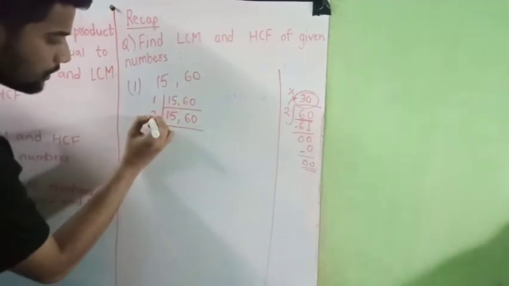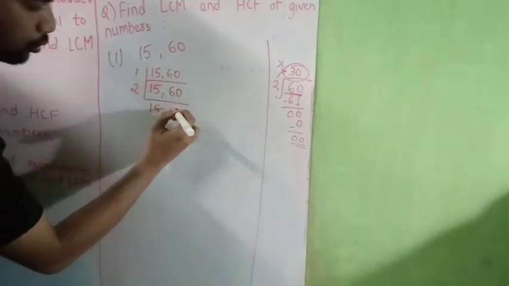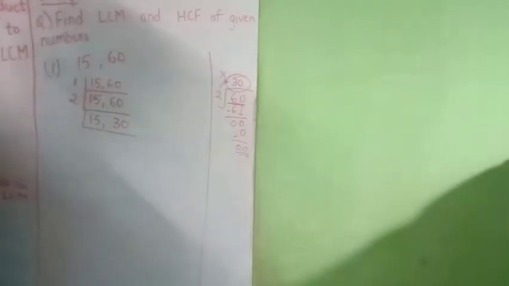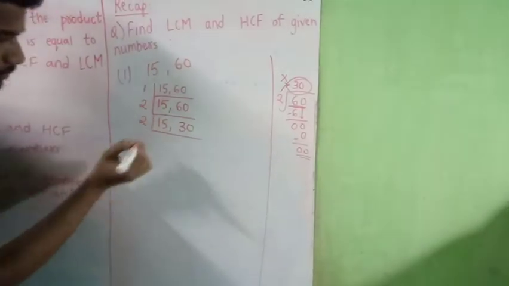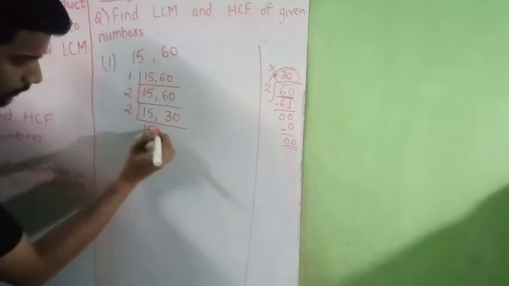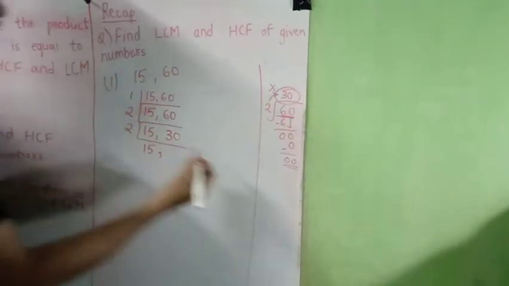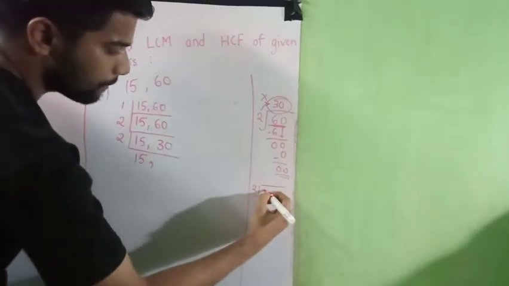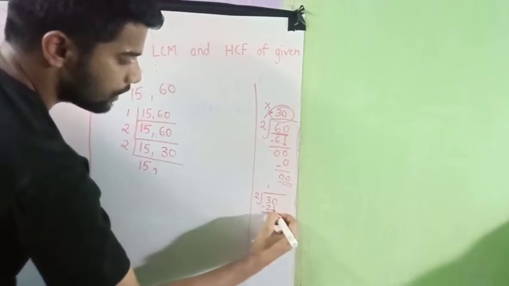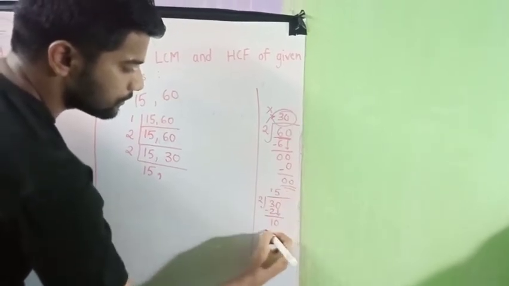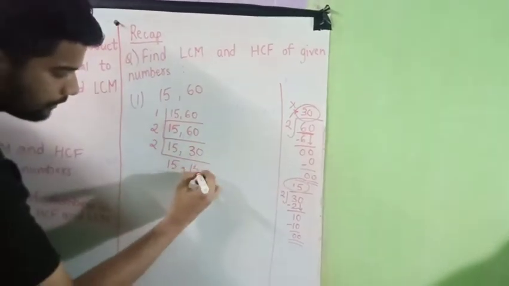So 2 के टेबल में 60 आता है. 15 नहीं आता है, we'll write 15 as it is. 2 30s will give you 60. Now again check. Obviously it will come in 2 का टेबल. 15 तो नहीं आएगा, write 15 as it is. 30 at what times? Find it out. So 2 1s are 2. 1 बच गया. 2 5s are 10. At what times? 15 times. So write down 15 here.